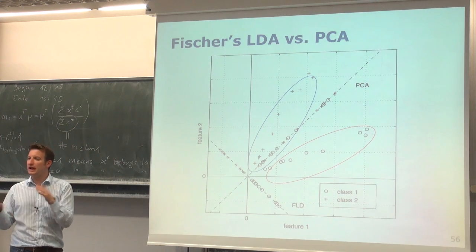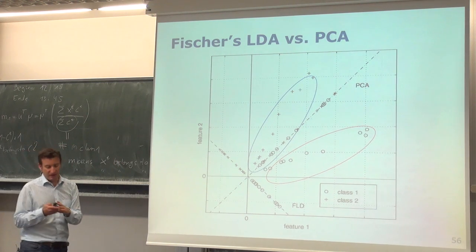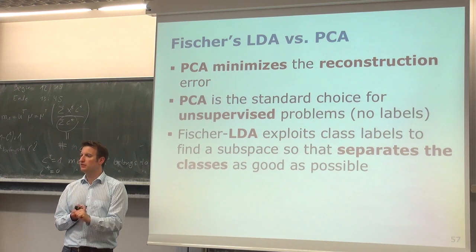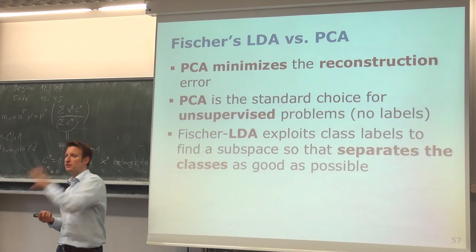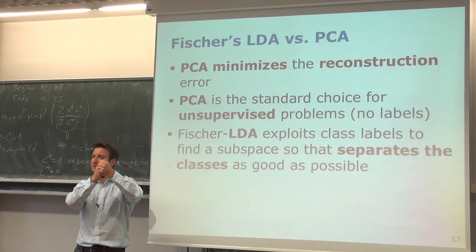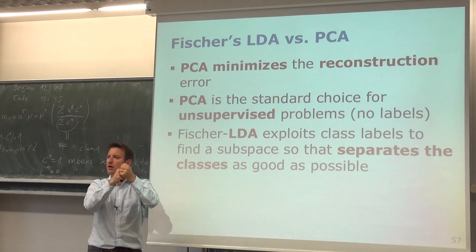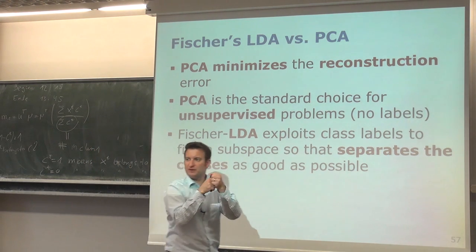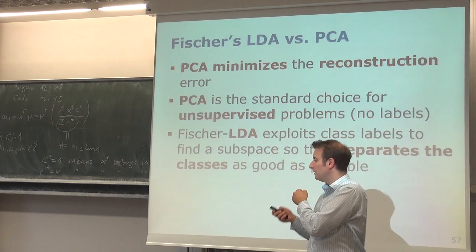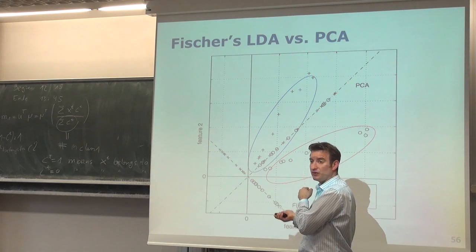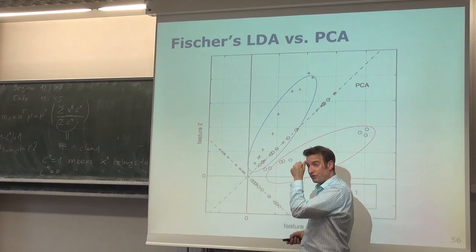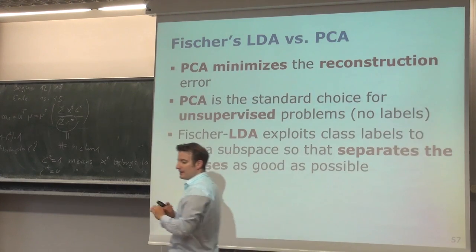So if you now compare LDA and PCA, we can say that what PCA does is minimize the reconstruction error. So I take my point from my original space to the low dimensional space and map it back and try to minimize the difference between them. Even if the difference is small, this small difference can be the key element for the classification. This example shows exactly that: just the slight variation in this direction makes the difference for the classification. And therefore,